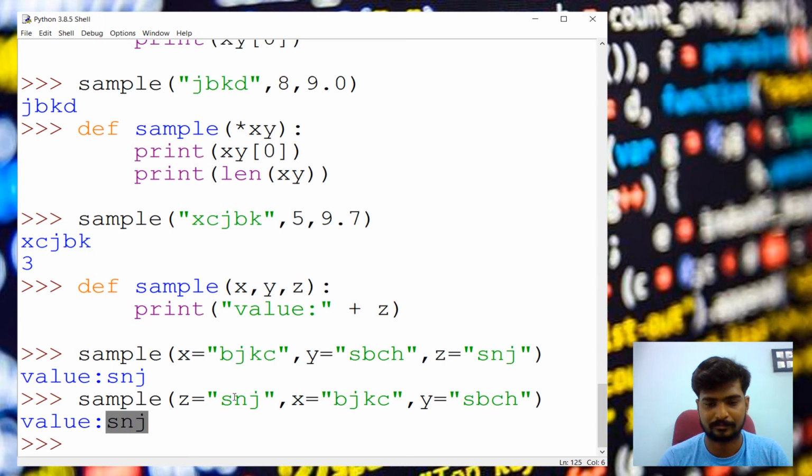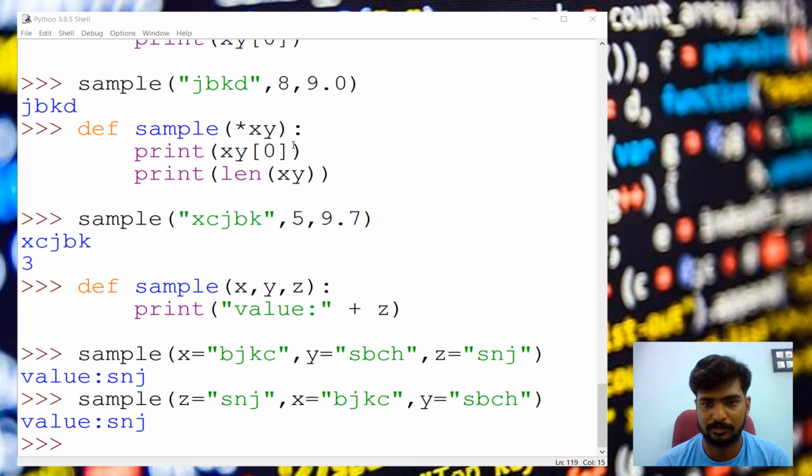In the previous one, we saw the number of arguments unknown. This one is for when the argument positions are unknown. We know the number of arguments but we don't know the positions exactly, so it will match. The argument positions won't be mismatched; exactly the z will be assigned to this z. For keywords, the parameter variables must be the same, like x, y, z, and the same here, the keys will be x, y, z.